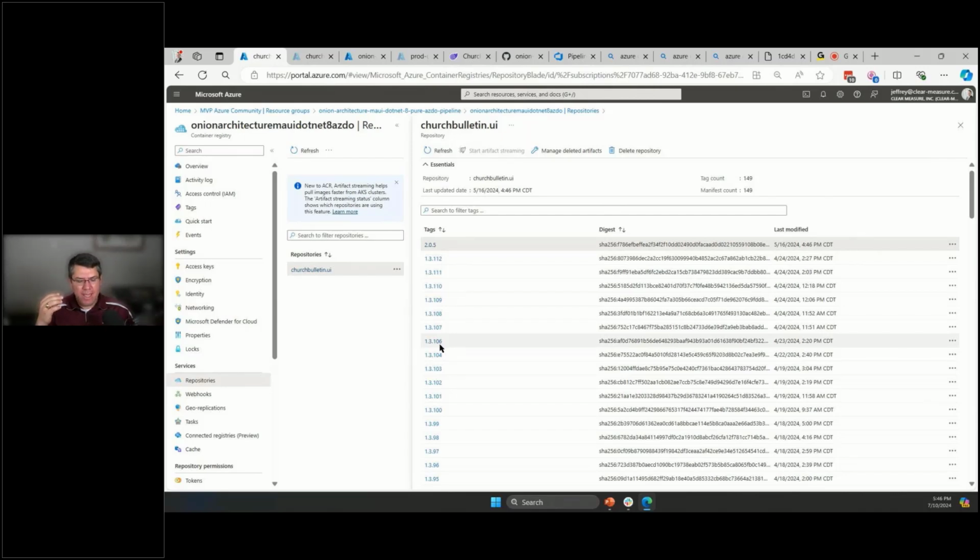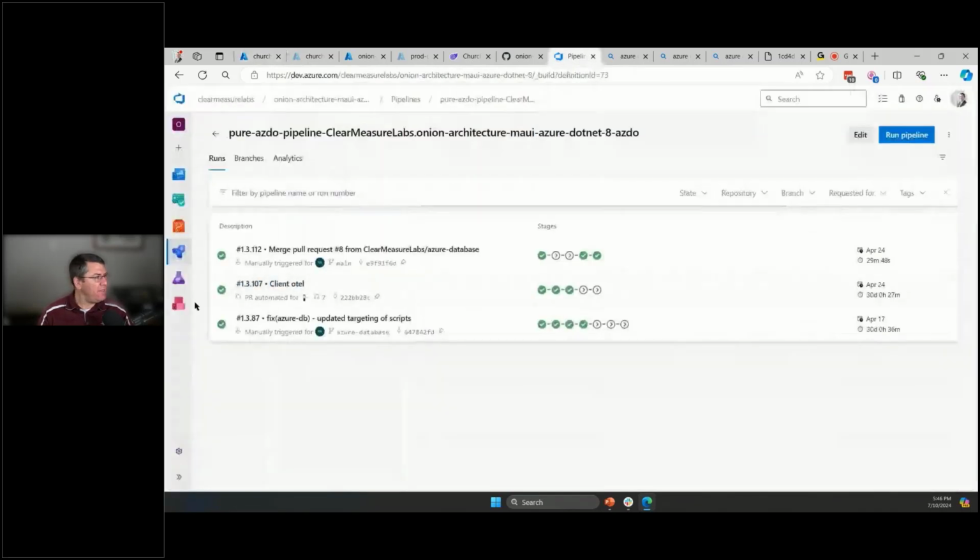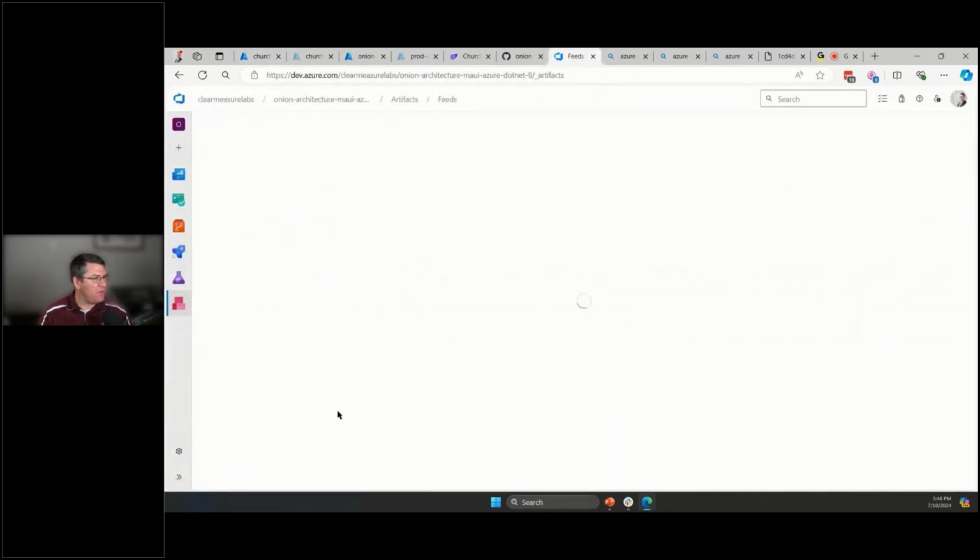You can make your tag be whatever you want, but if you make the name of your deployed process the name of the repository, and then you make the tag the version number, that is a very easy mapping. And I'll give you an example. If we go to Azure Artifacts,